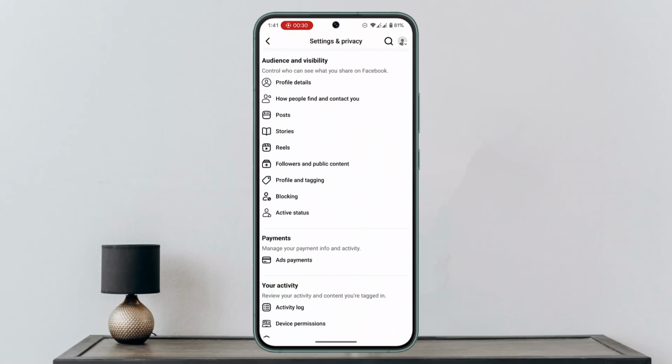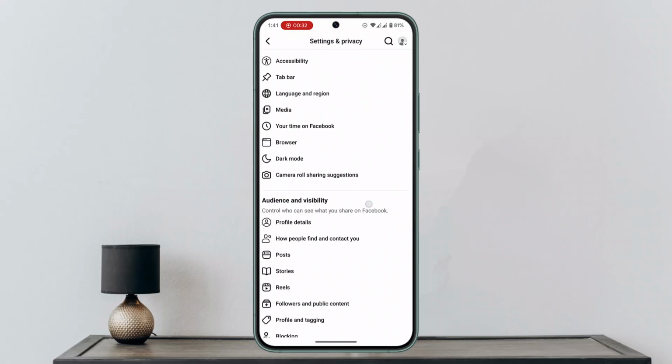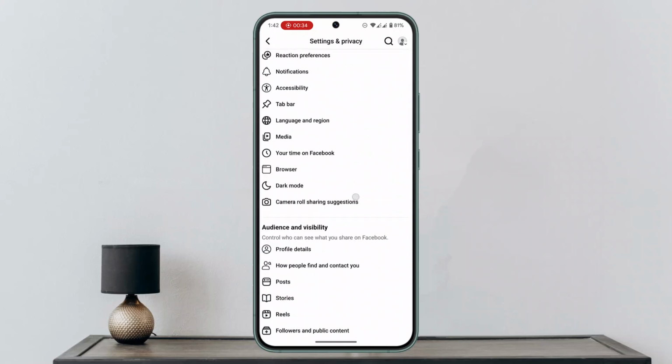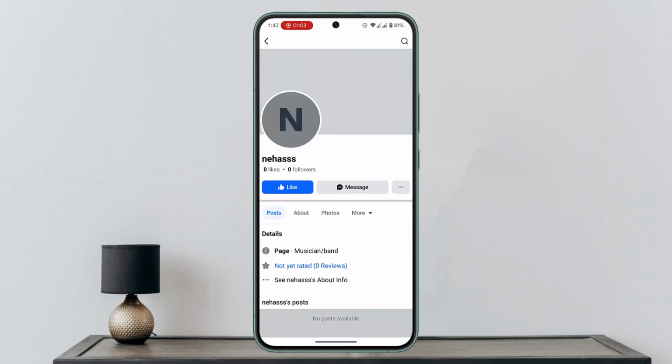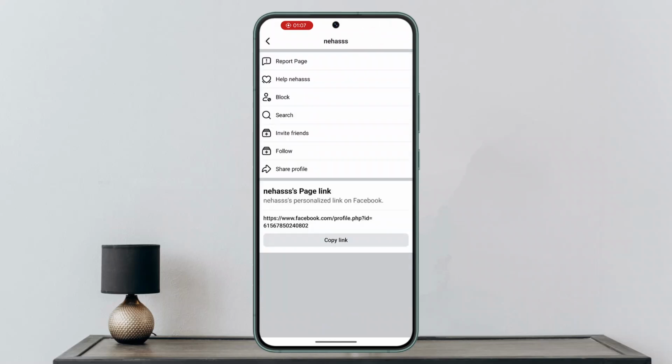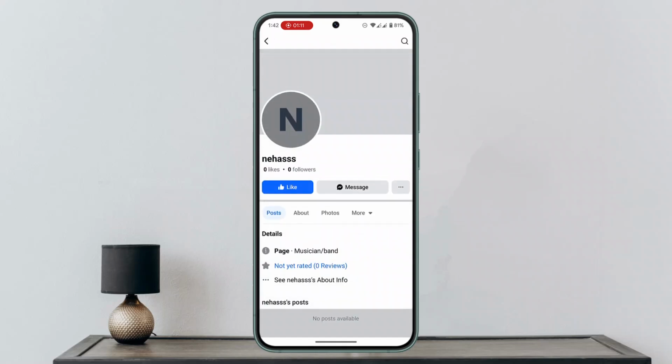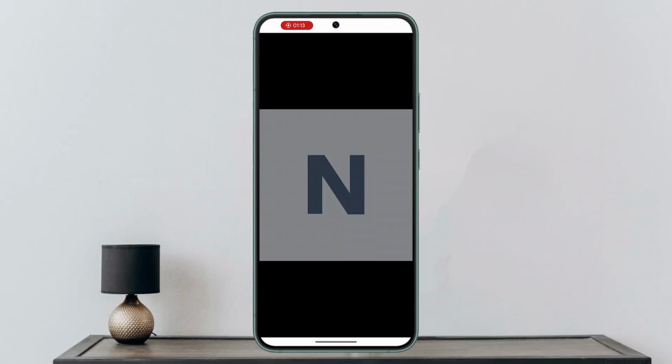Over here you want to scroll down, and you have these page terms and all that, so you simply want to go ahead and look for that option. When you go to the page section, next you want to click on the three dot icon and click on Edit. If you cannot find this Edit option, then you want to do it from here. So go to the username,